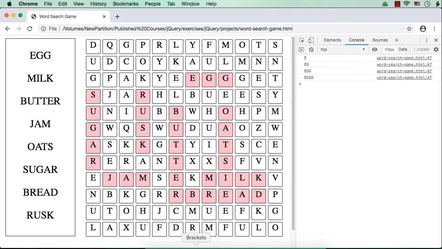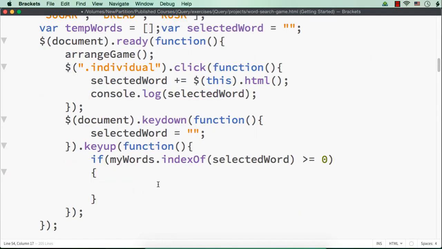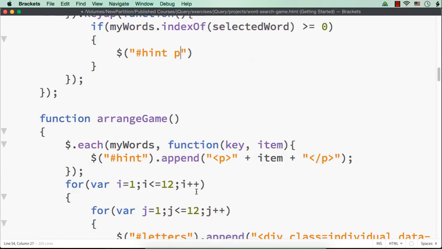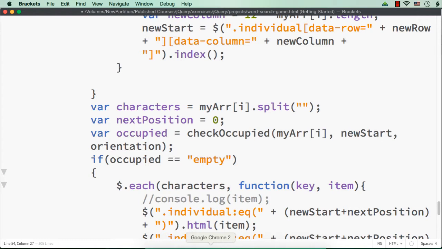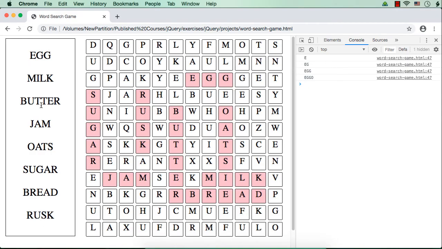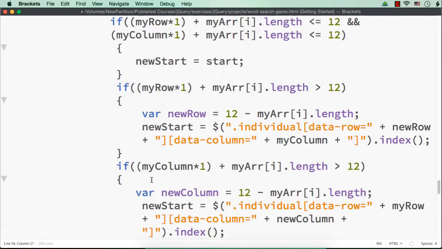So what we can do for that, we need to loop through $('.hint p'), which means all the p elements within this hint div element. This is the hint div element, and we are looping through all the p elements.